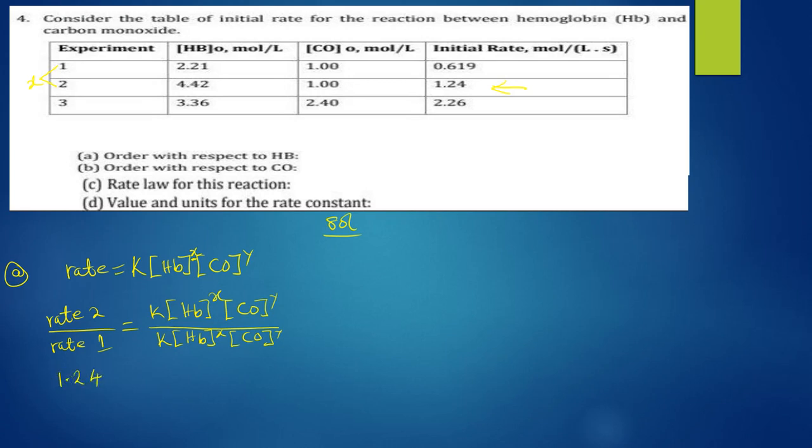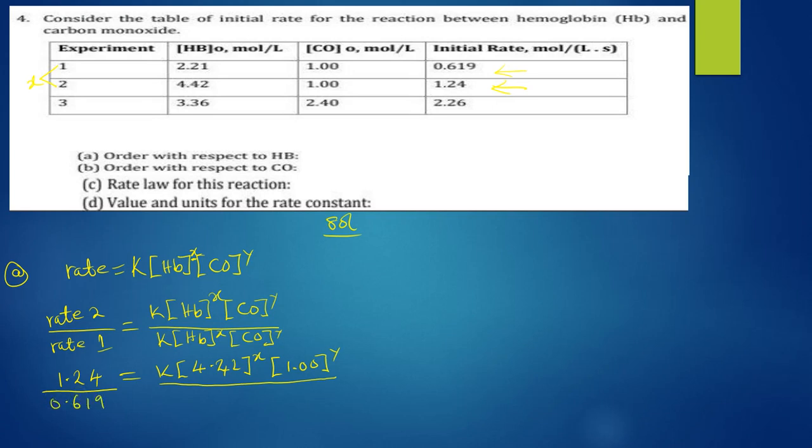So rate 2, that is 1.24 like that, is equal to, you write your K, and then what's your concentration of hemoglobin on experiment 2? That's 4.42 like that. And then you raise it to power X like that. And then what's the concentration for carbon monoxide? So that's 1.00, and you raise it to the order Y. And then you say over, even this side you say over like that. And then what's your rate 1? Your rate 1 is given there, which is 0.6,